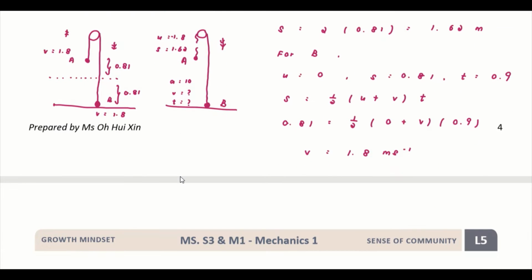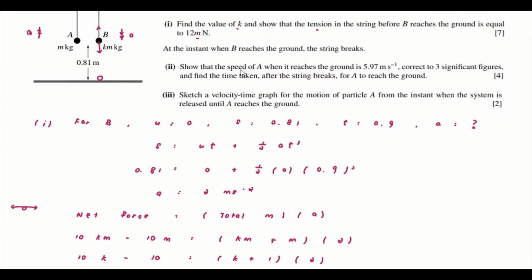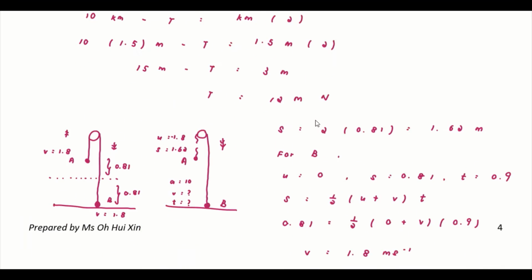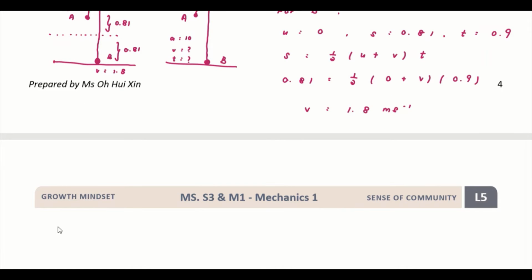So how do we get to that? We already got three pieces of information, so we can try to find out our V first. So question one is to find out the speed. So we can show the speed first. I think it's helpful for us to actually check whether the three elements are correct or not. Because if you can get that one, then you can roughly know that your other three elements are correct. Then after that you only move on to time, right? If you try to find the time, then later you realize that the speed is wrong, then the whole thing is going to be wrong as well. So that's why let's solve for the V first. So now for A,